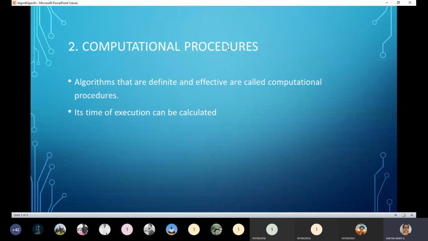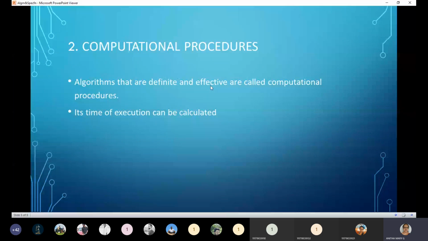Procedures are nothing but algorithms, or step-by-step lines. Algorithm is also sometimes called procedures. Computational procedures means the algorithms we are writing, if they are definite. Definite means clear, unambiguous and giving a feasible solution.